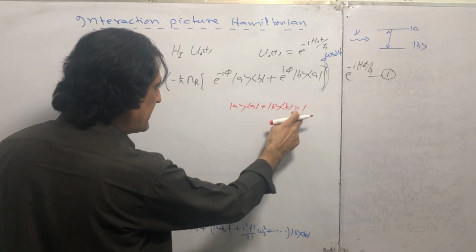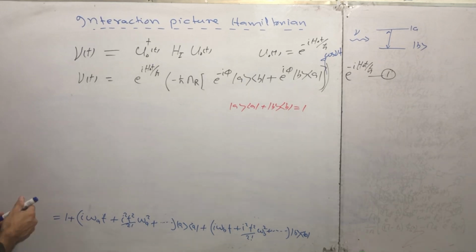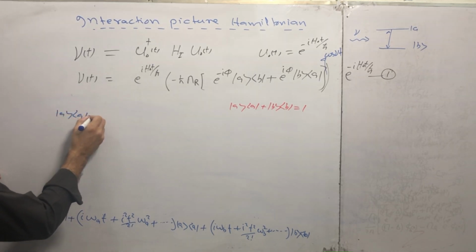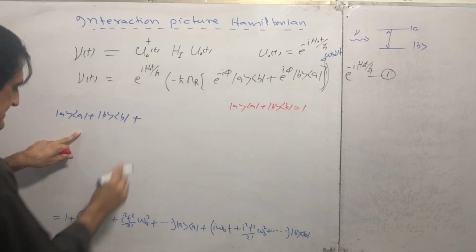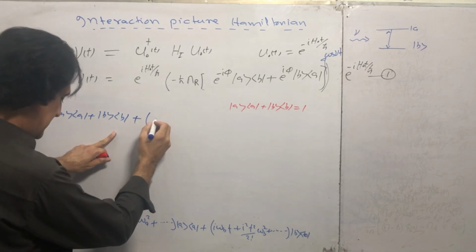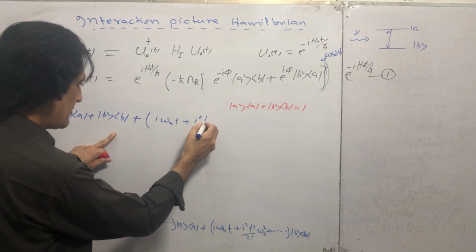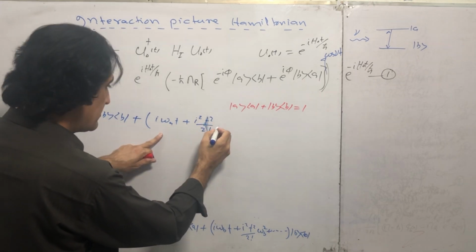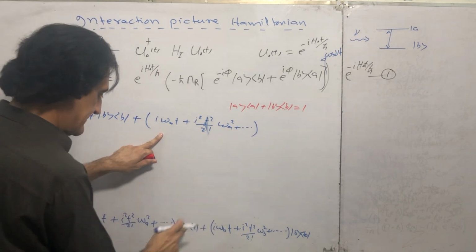If I replace 1 by this here, then it has some possibility because A A plus B B, this is 1 plus the remaining terms iota omega a t plus iota square t square divided by 2 factorial omega a square and